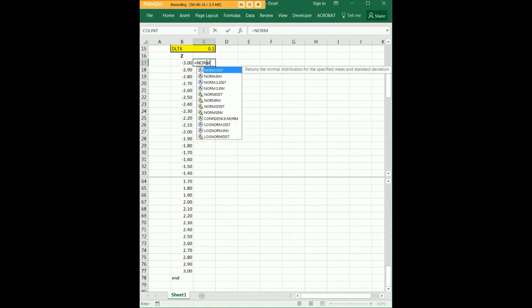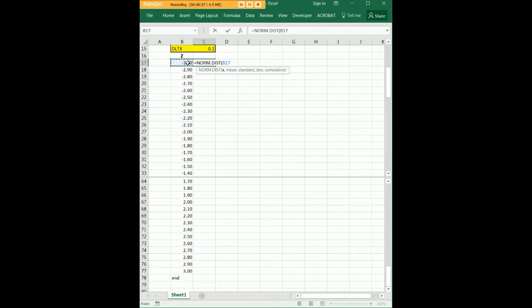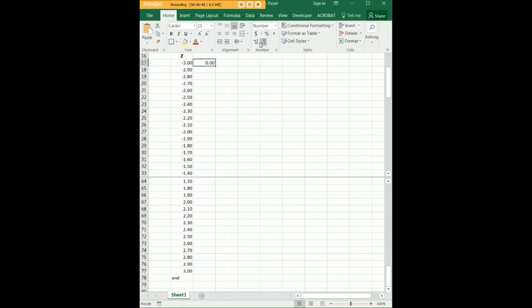Equal NORM.DIST, open paren, and for our z-score we just click on the z value over there, and we're using a mean of 0 and a standard deviation of 1, and we're not doing cumulative, so we just have 0 over there, or so it would seem. If I expand the number of decimal places on that, you can see that it's not quite 0. Let's do it to 5 places and